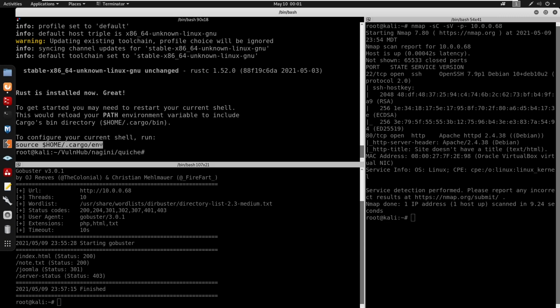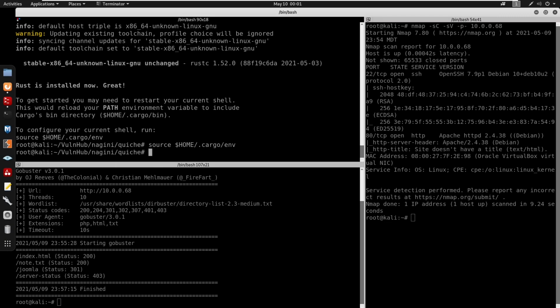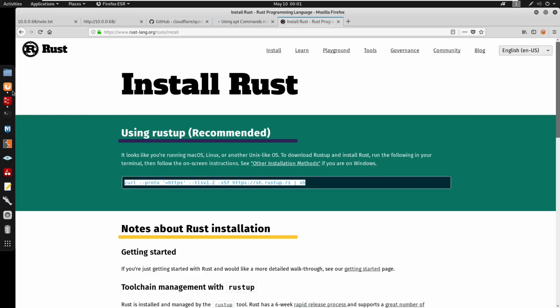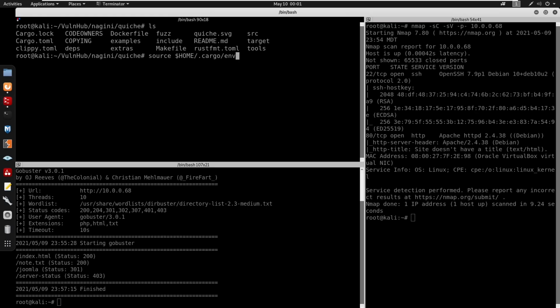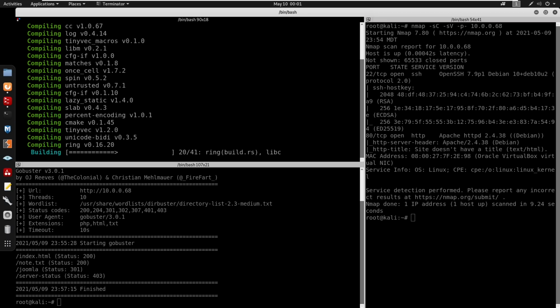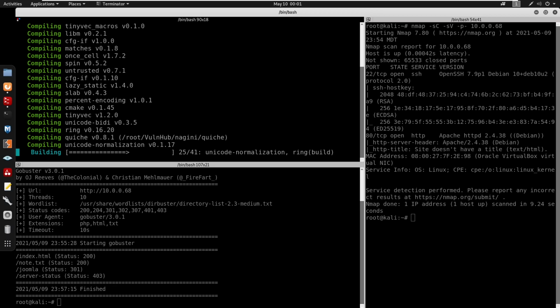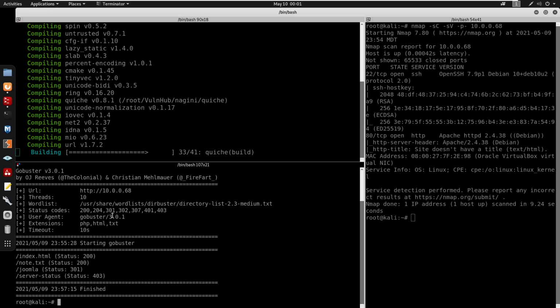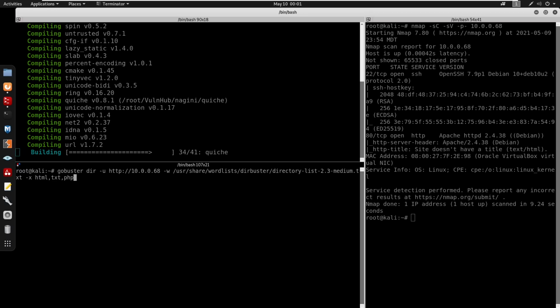We'll just copy this, clear this, and we should be able to run that command again for cargo build examples, right? If we did everything right, everything should work. All we did is install a new version of rustc, and this should work, right? Okay, so while it's loading, we'll just run a